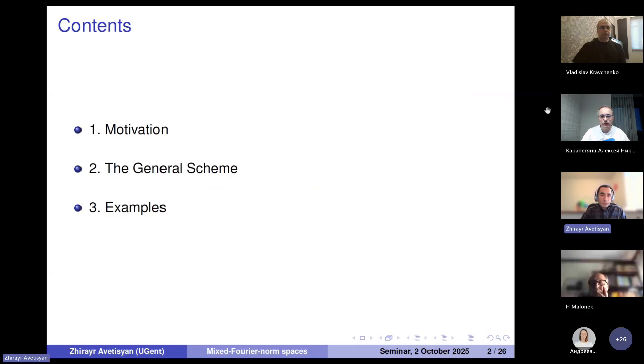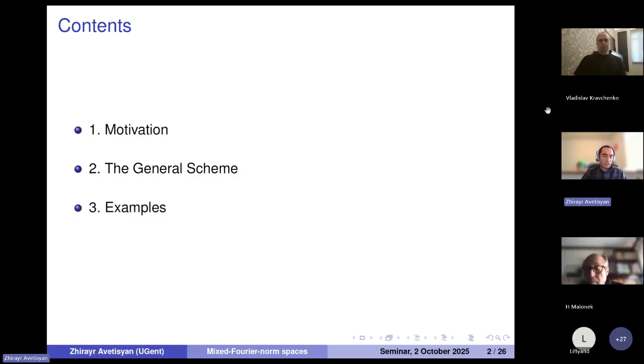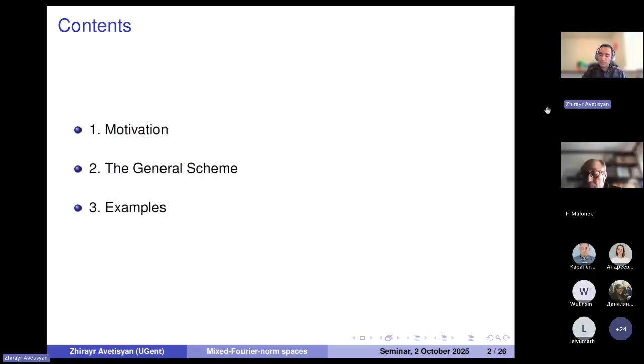So here is the structure. First, I'll begin with a motivating example, essentially the unit disk. And we'll look at what is well known on the unit disk, and we'll try to dig a bit deeper to see what the idea is on this example. And then we'll take that idea, separate it, generalize to make a general scheme. And then we'll have some abstract results on the general scheme, which will be valid on certain model cases, model